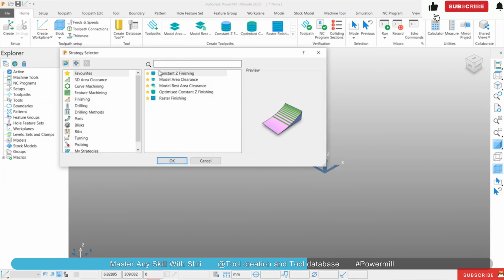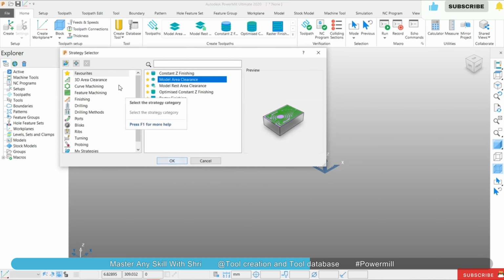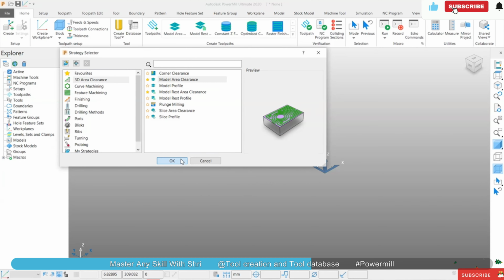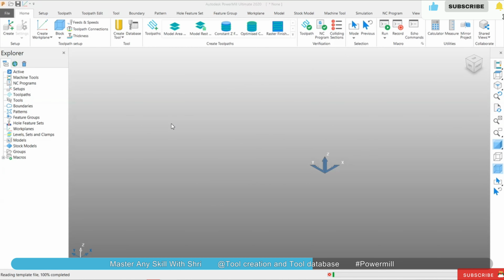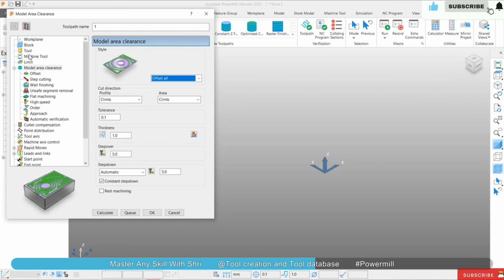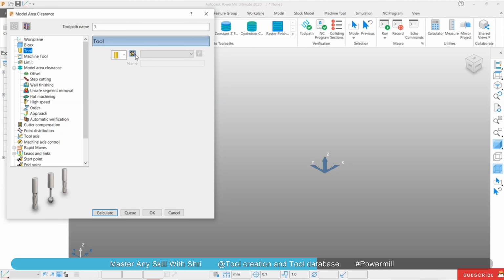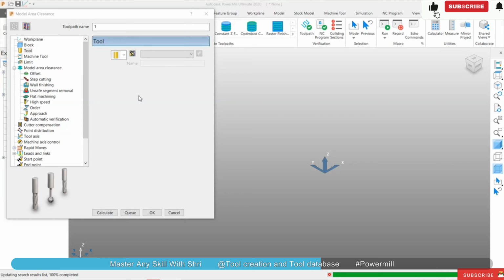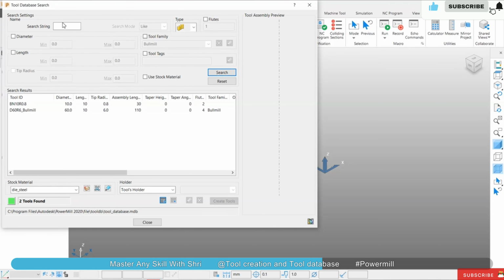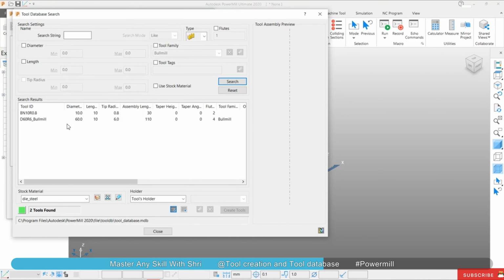and here I'm going to select Model Area Clearance. Click. And from the tool, here we have the tool, and click here. So here we have, see this data, tool database search. Here we have the tool,